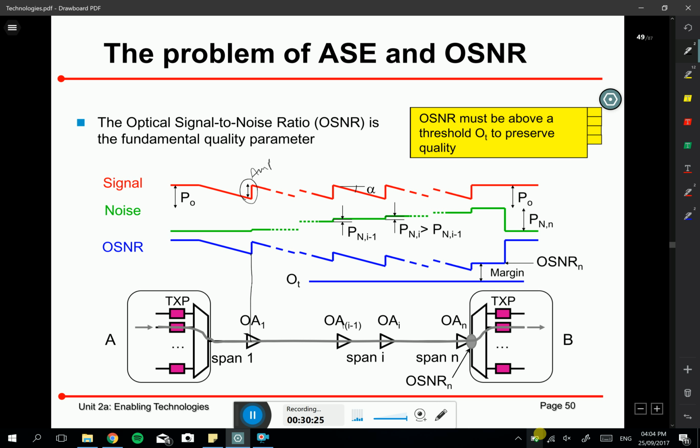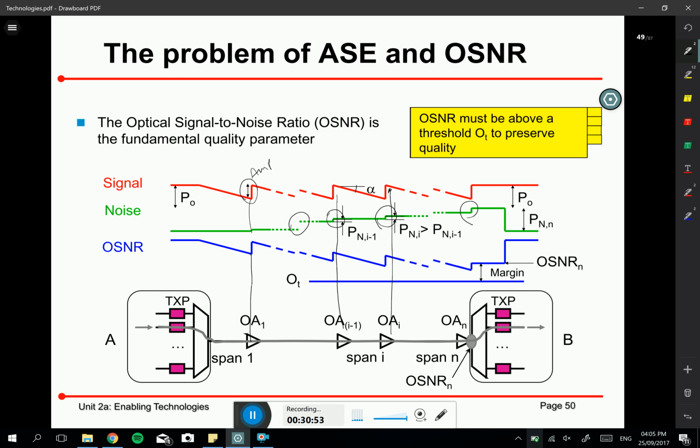To some extent, the last amplifier, this one, is the one at the destination node, and it restores the signal at exactly the same level as it was at the source, right? These two values might be exactly the same, no problem. What is the problem here? The problem is that every time we amplify the signal at each of these zigzags here,